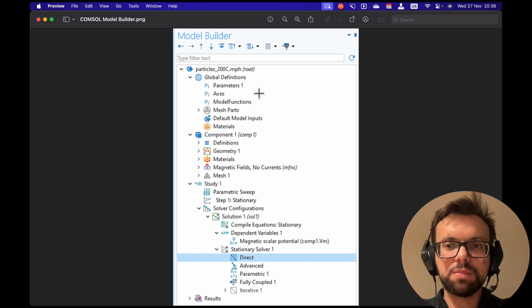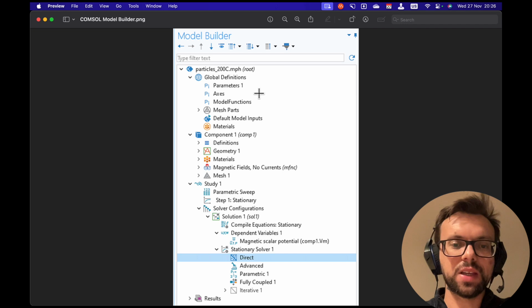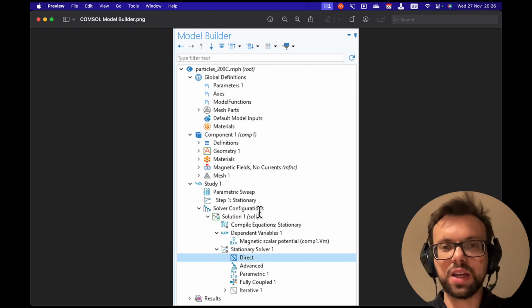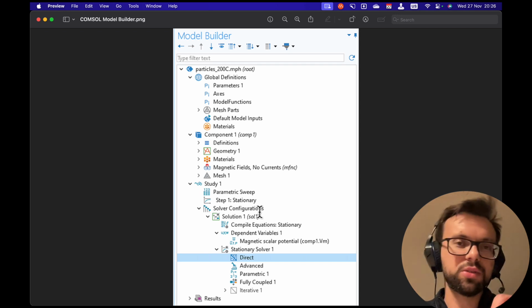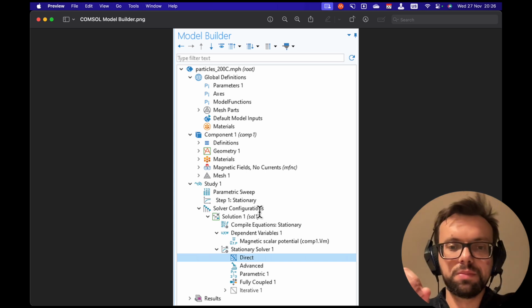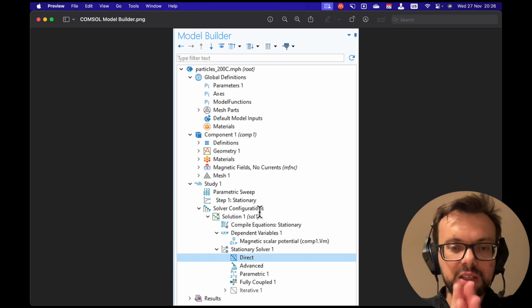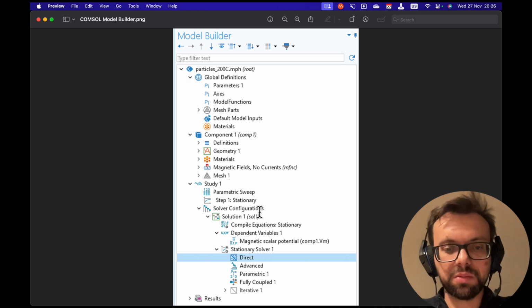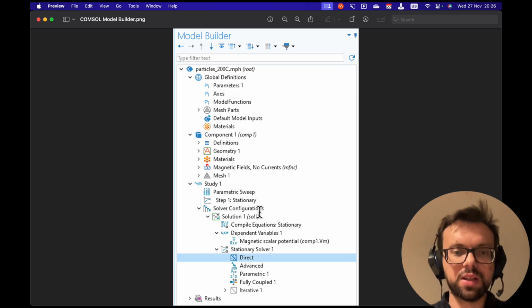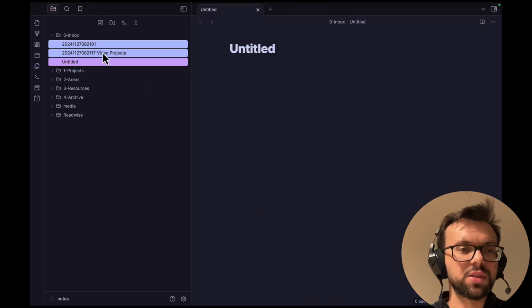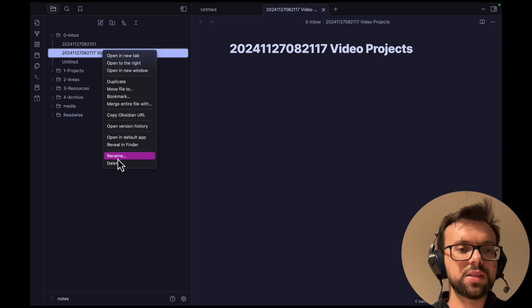And the point that I'm stuck at now is this solver configurations part. So that's what I want to understand more, how that works and how I can tweak all the different kinds of settings in the buttons so that I'm not just a button presser kind of person. I want to understand a little bit more. So let's create a note, and let me delete these notes here,